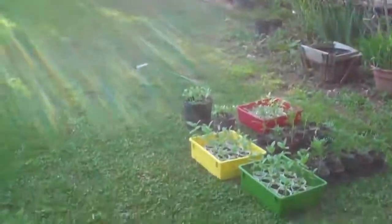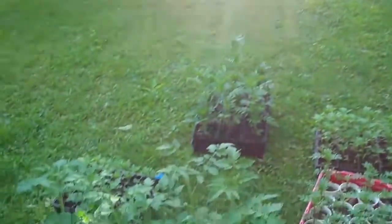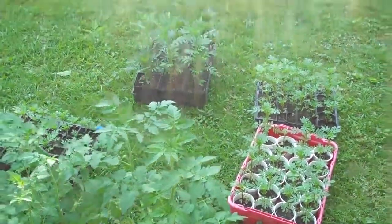Let's see if there's anything, nothing really here, just tomato plants. Come on, you didn't move. You're supposed to move and tilt. So I have to learn how to do this panning thing. Anyway,